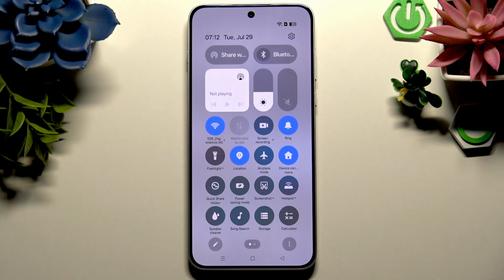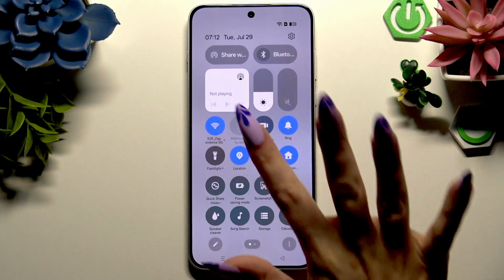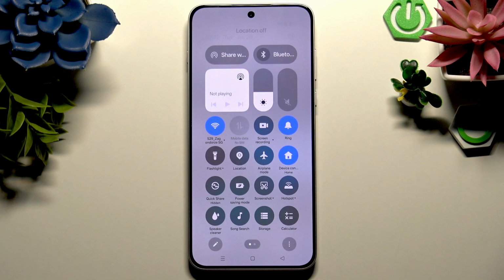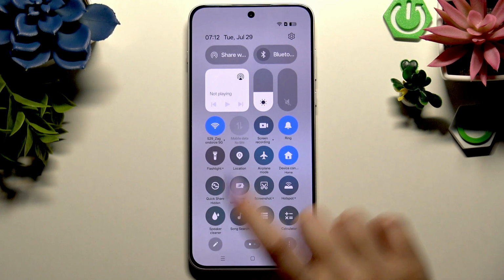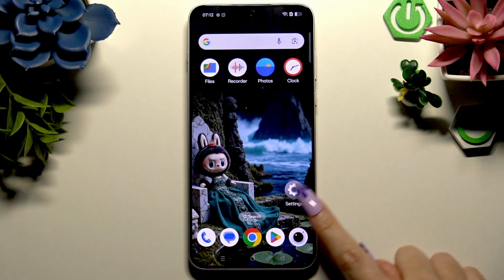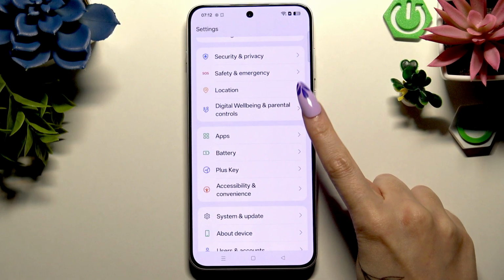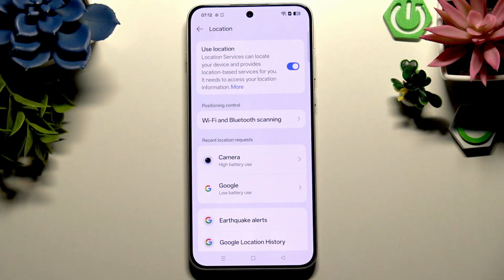When you find it, click on it. As you can see, mine is over here, so when I click, it turned grey. That means that location is disabled, but you can always enable it by tapping on the same shortcut until it's blue. If you want, you can also go into Settings, scroll down to click on Location here, and manage it